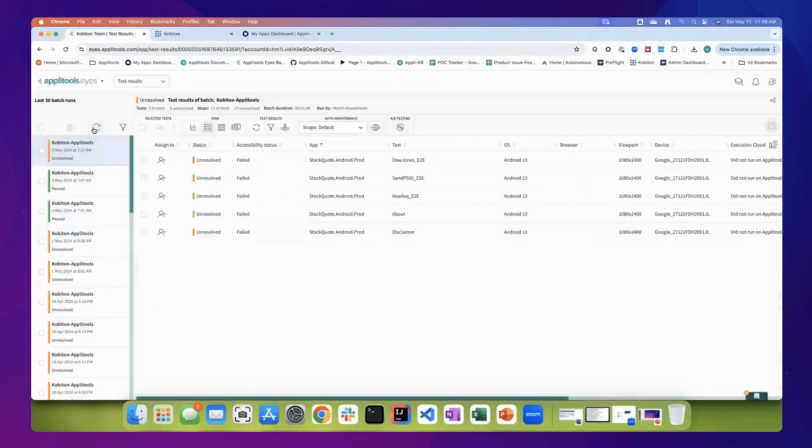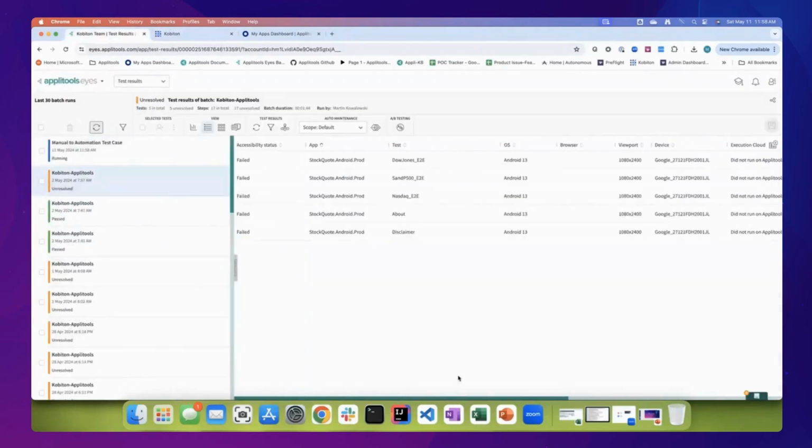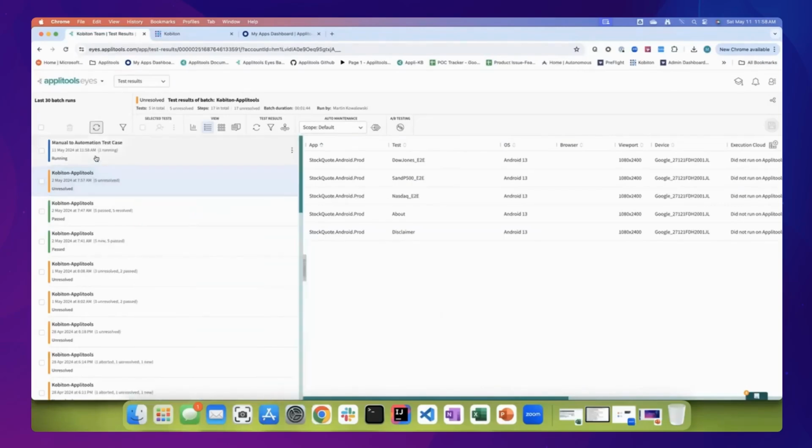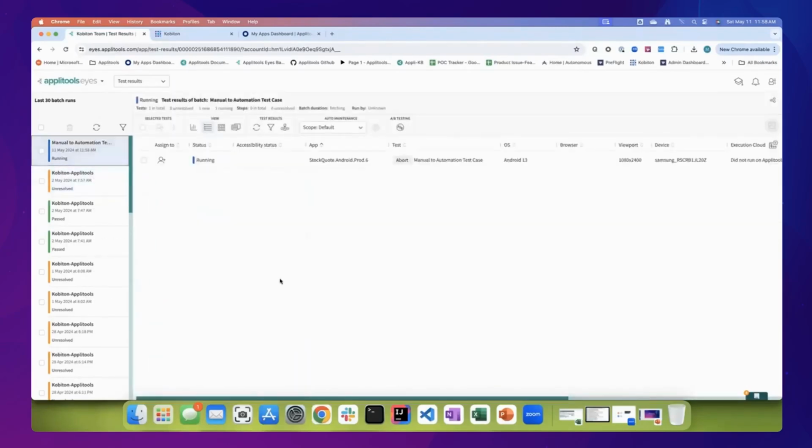If I come over to my Applitools dashboard, I can see the test case is run. The first time that I run it, it will create a baseline. And as soon as it completes, we'll see a status of new being achieved. Give it a second. And you can see that the test case has just finished. You can see that we have a new test case in Applitools